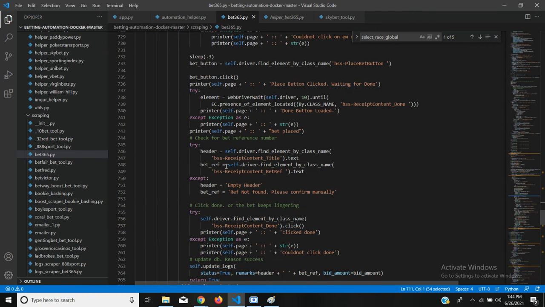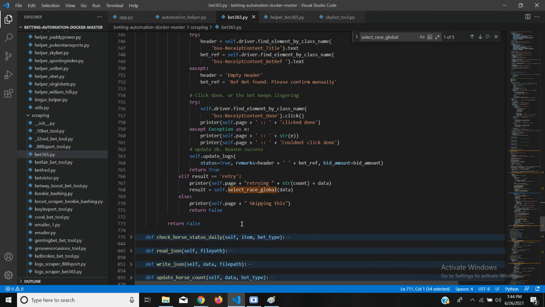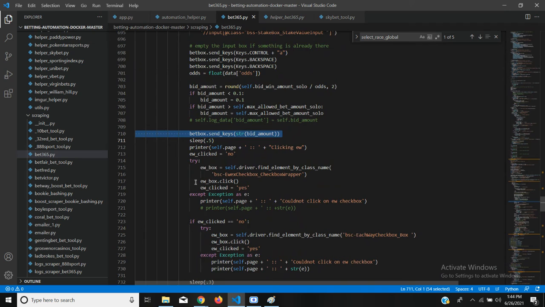After that, we wait for it to get completed, and then we wait for the message that says okay, bet completed. So when the message appears, we read it, and then we update the database. So in case, yeah, that's pretty much it. So in case, like from the earlier function, right? So from this one,